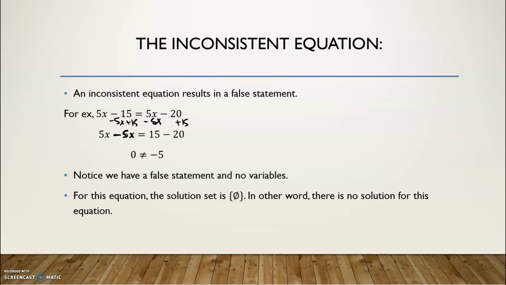That's how I'm getting the positive 15 right here. So I get 5x minus 5x, that gives me the 0. And then 15 minus 20 gives me the negative 5. Now,